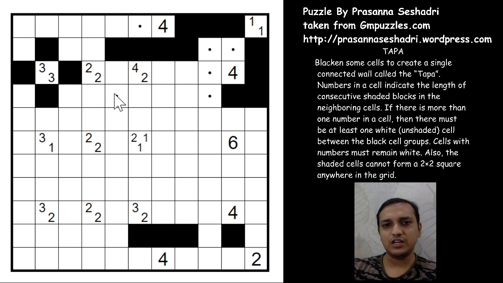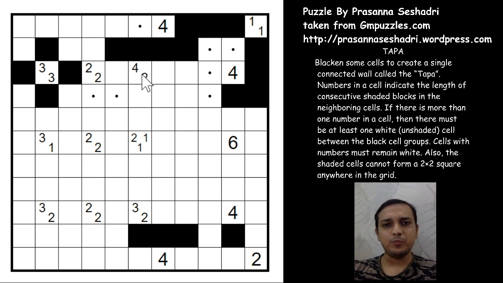So what happens if I shade these two? So if I shade this black cell, you have 3 groups of black cells, and if I connect either of these two black cells, you will have a 3 or a 4, but not a 2 and 2 for this cell. So I unshade this one, and so this black cell has to either go up or down, and okay, yeah, see the 4 and 2.